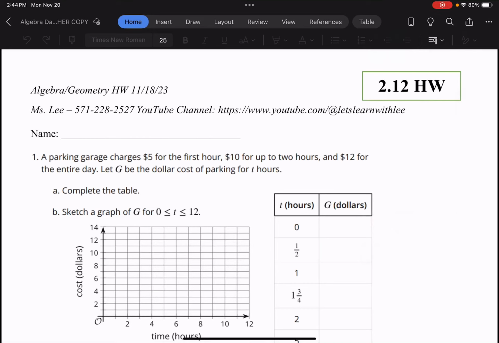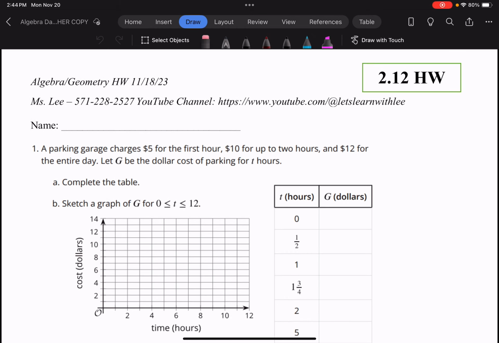I am going to go over, this date is wrong, sorry about that. I'm going to go over the homework and then I'm going to go back and look at the last classwork